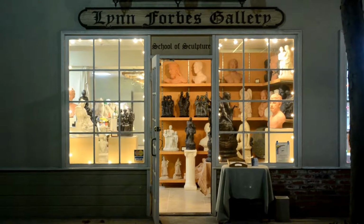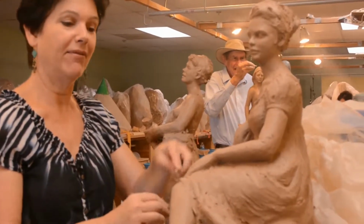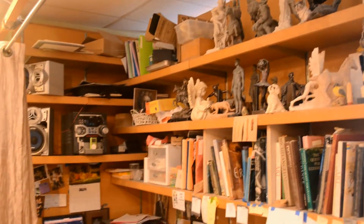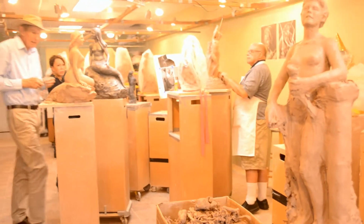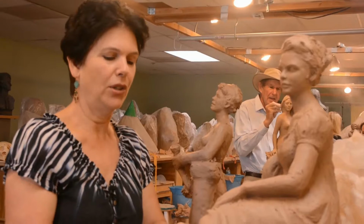Hi, I'm Lynn Forbes, and I have the sculpture studio in Carlsbad Village. And the studio is a combination of three things. It's a small gallery where I show my work. I'm a working sculptor, so it's my personal studio, and I do commissions. And I also have a school here, and students come 6 days a week and learn how to create